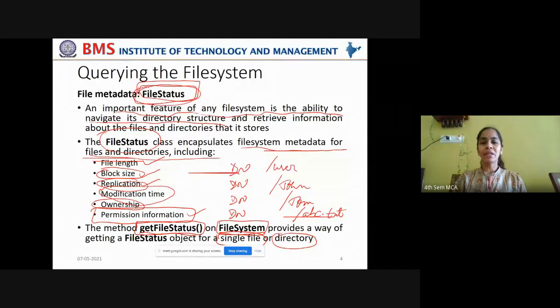This getFileStatus method is a member of the FileSystem class, so you can invoke it in order to get the FileStatus object to know details about a file or a directory structure. Okay.